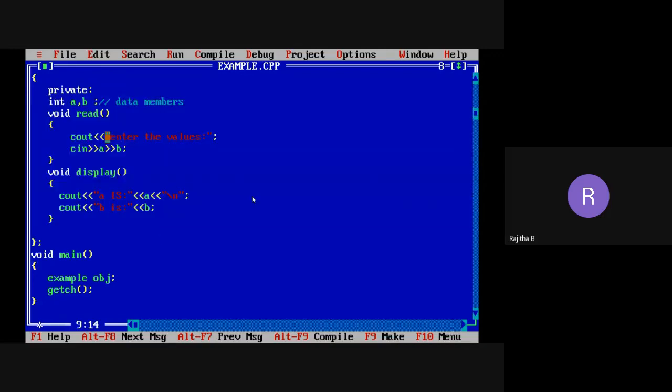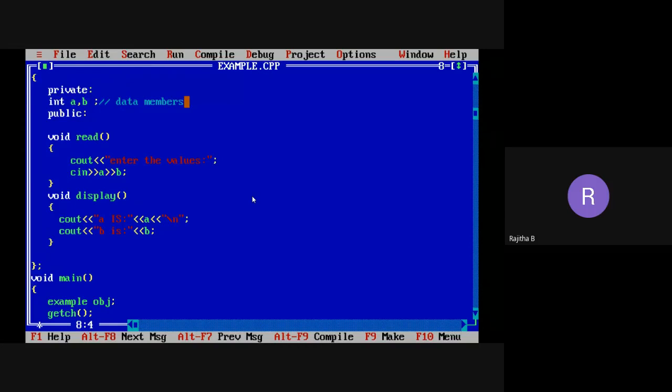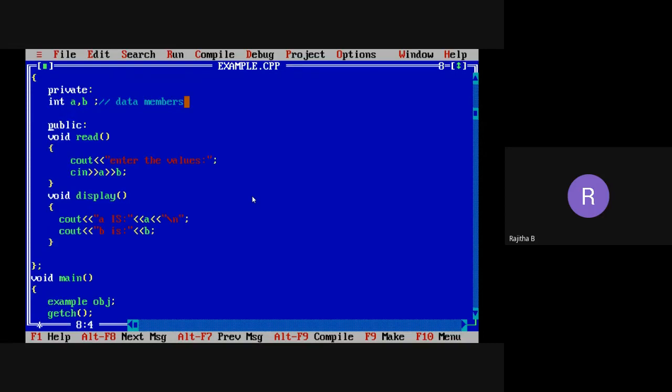So in that case, I am declaring the data members under private only, but I am declaring the member functions, that is read and display, under public. A and B are the private data members, and the read and display functions are the public member functions.